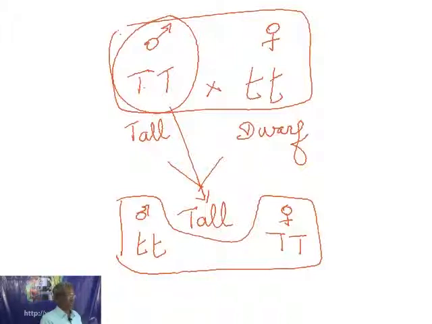When you reciprocate it, when you take the tall as a female and the dwarf as a male, even now you are going to get all tall in the F1 generation. Now people will not argue that male alone is able to express the character, because here the male is a dwarf. Now the argument of Mendel has more strength. So to prove that the sex of the individual is not playing a role in the passing of the characters from one generation to another generation,